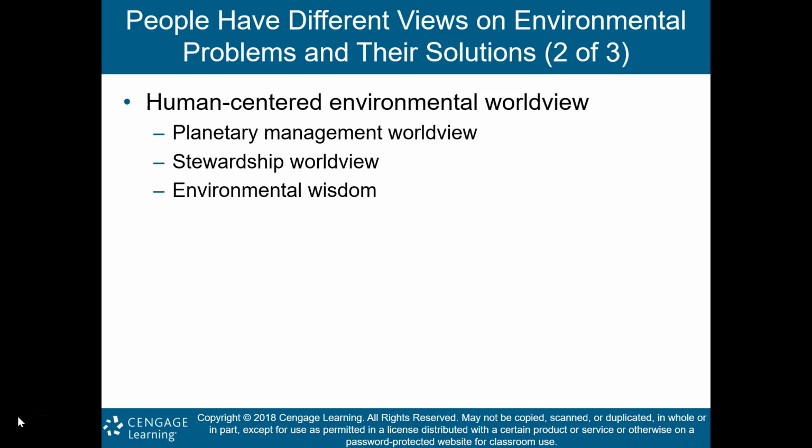There are 3 major environmental worldviews. The first is called planetary management worldview. In this, humans are considered to be the most important species, and it's believed that humans should then manage resources for their own benefit. This is also sort of in line with something called utilitarian conservationist, whereby a person believes that we should be actively managing natural resources, but not just because we love Earth and want to take care of the resources, but because we're trying to obtain the maximum benefit for the maximum